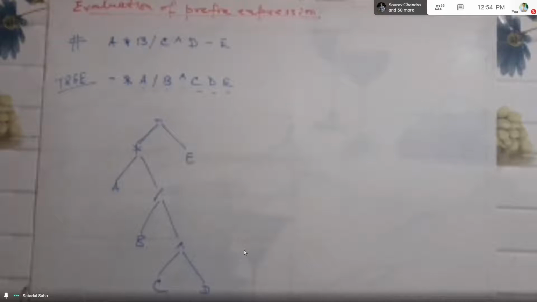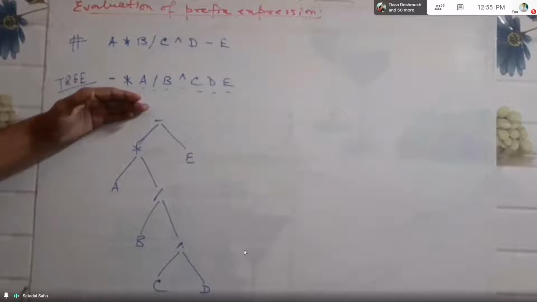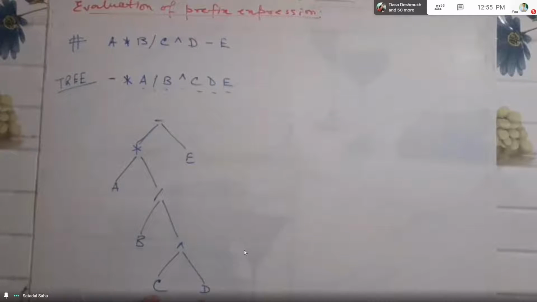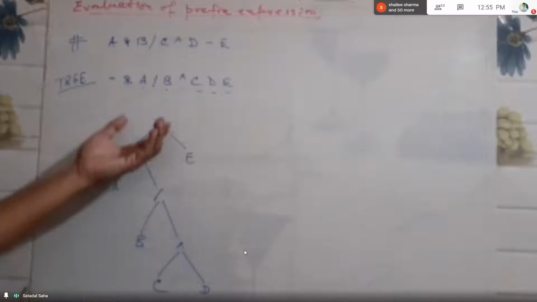So we will be using this interesting part later. For now, as it is related to the prefix expression, I have just shown that this can be used or utilized to form the binary tree. And the evaluation of this binary tree will be from the bottom to up. So from this part, we are moving up and evaluating.